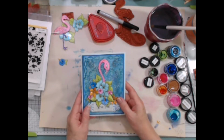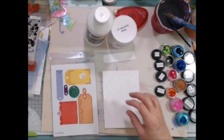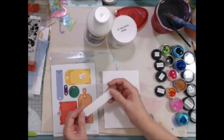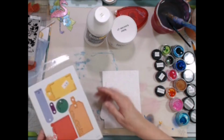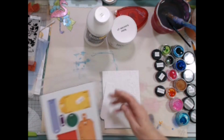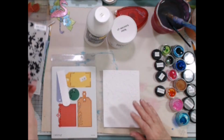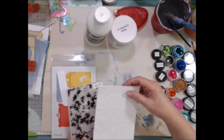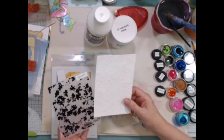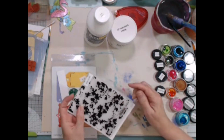So let's get started on our second card. Okay, for my second card, I wanted to show you that one of the things I did was I used some scraps of my mixed media paper, and I used this die cut again, but this time I cut this long rectangular tag, and for my background I embossed this floral embossing folder onto another piece of the media paper,